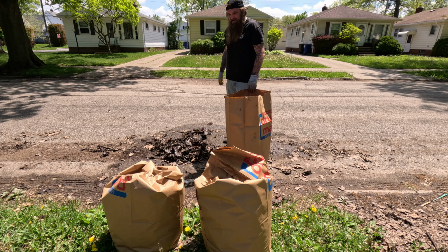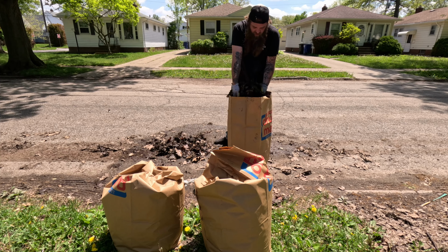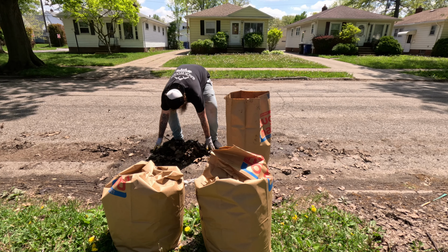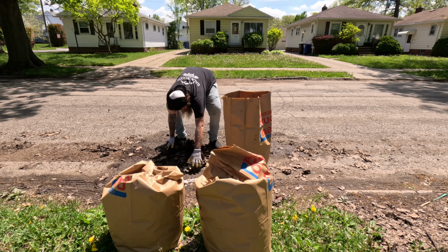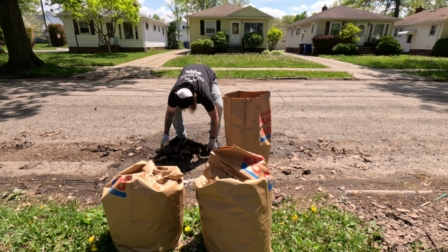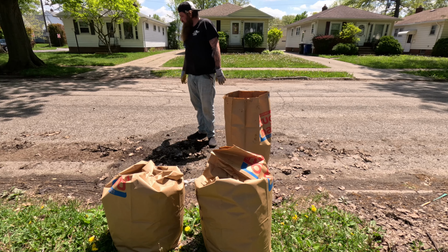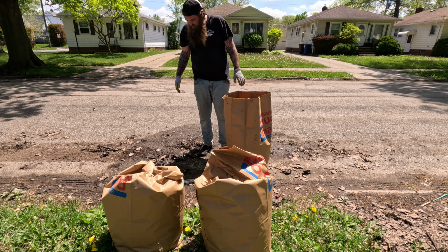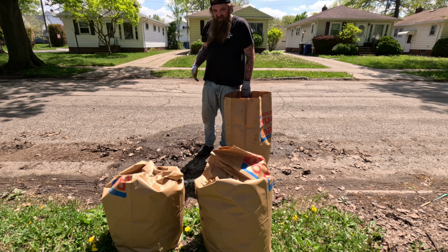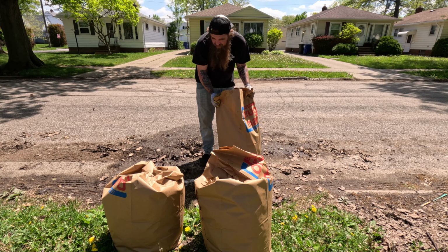I'll either have Aiden or I'll grab the wagon, put the stuff in the wagon. But once again, somebody else costed me money. I mean, these bags are like $3 or something, but it's the point. It's just the point of it. All right, Dad, I might just blow the rest in. I'm gonna bag the grass anyways, but